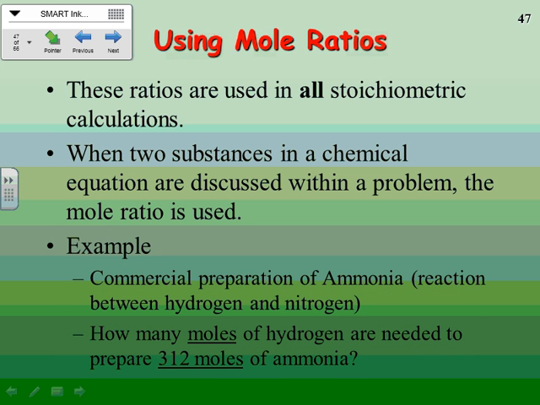So here's the way that this works. This is where it gets a little bit tricky. All right? And this is as far as we'll probably get today. Commercial preparation of ammonia, which is the reaction between hydrogen and nitrogen. How many moles of hydrogen are needed to prepare 312 moles of ammonia? All right, so